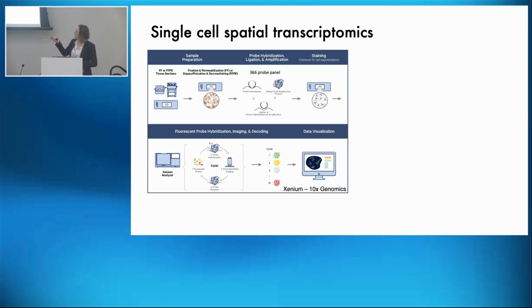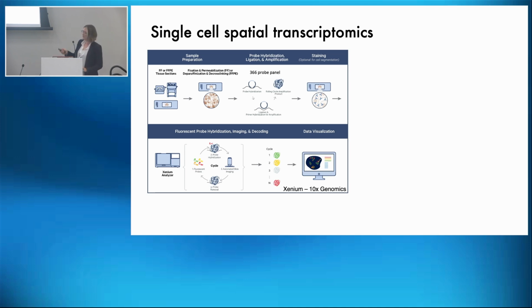It goes through iterative rounds of fluorescent labeling of specific probes, imaging, stripping, labeling again, and so on, until each probe that we wanted to measure has been imaged, and we can get the data out of it. I've used a probe set of, in total, 366 probes that contains marker genes for different cell types, as well as epilepsy genes that I found in the literature, most of them from your papers, probably.